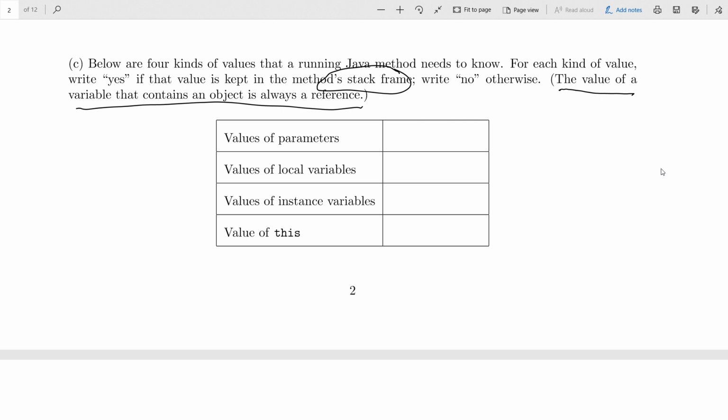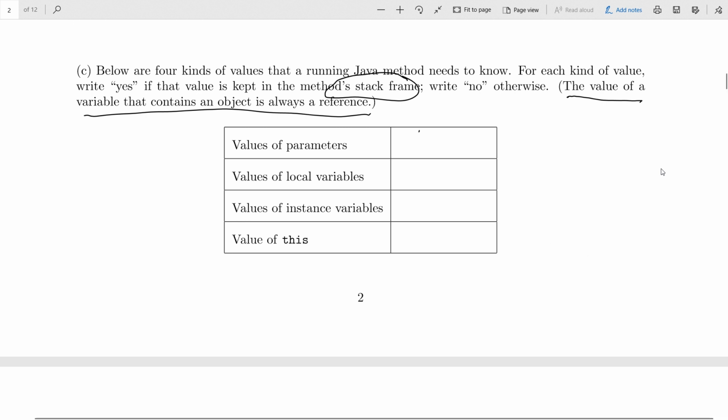So the stack exists to store the values of local variables and parameters. So what about this? Yes, because it's the implicit parameter. It's still a parameter. So for all of these, the answer is yes. That's just why we have, every method invocation has a stack frame, and it contains parameters and local variables.